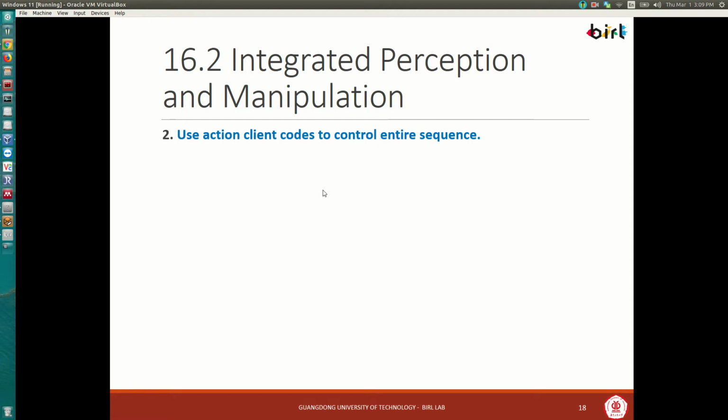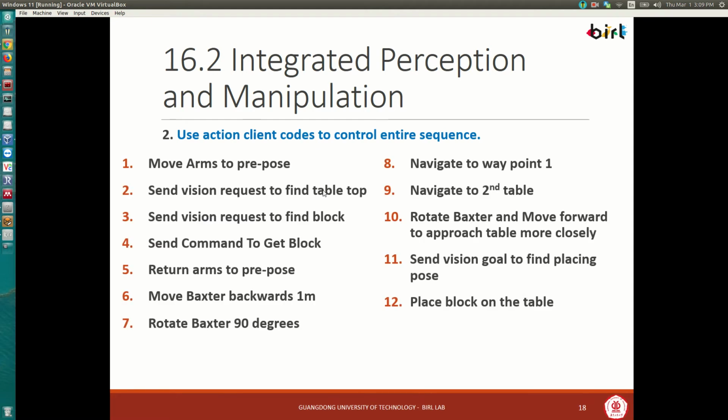The second thing we're going to do is control the sequence of actions. There's a 12-step sequence here. Let me just list it quickly for you. Moving the arms to pre-pose, sending a vision request to find the tabletop, sending a vision request to find the block,